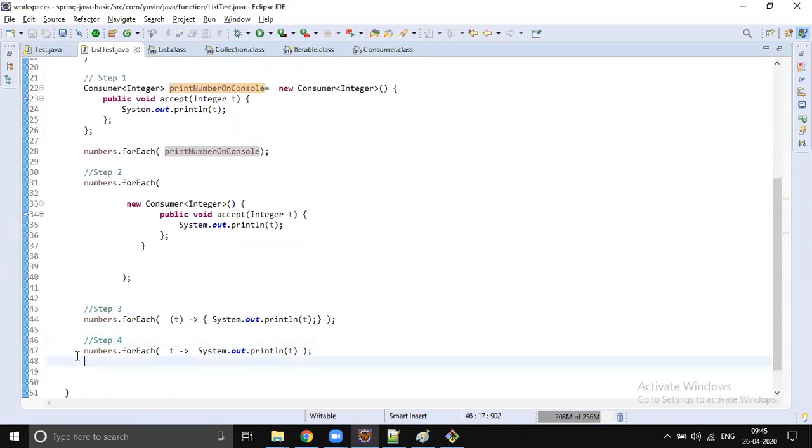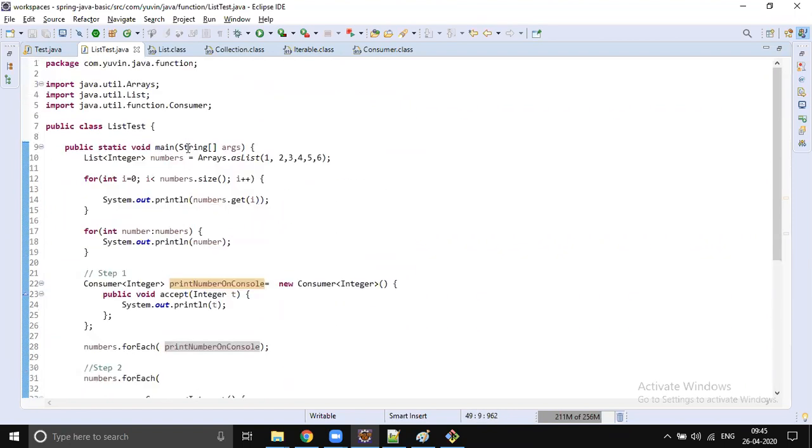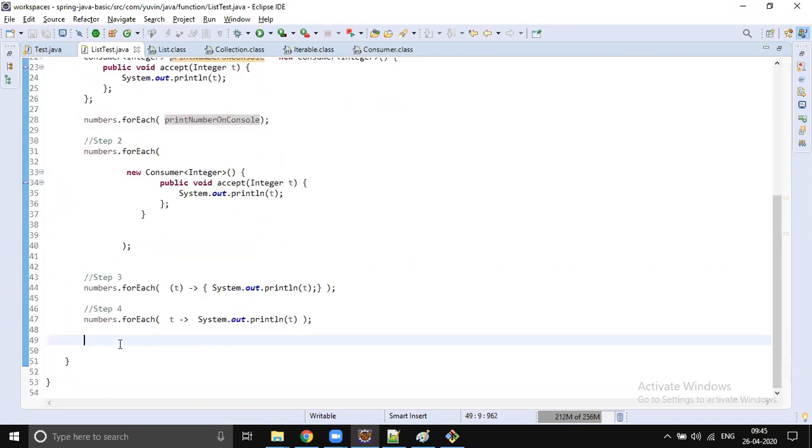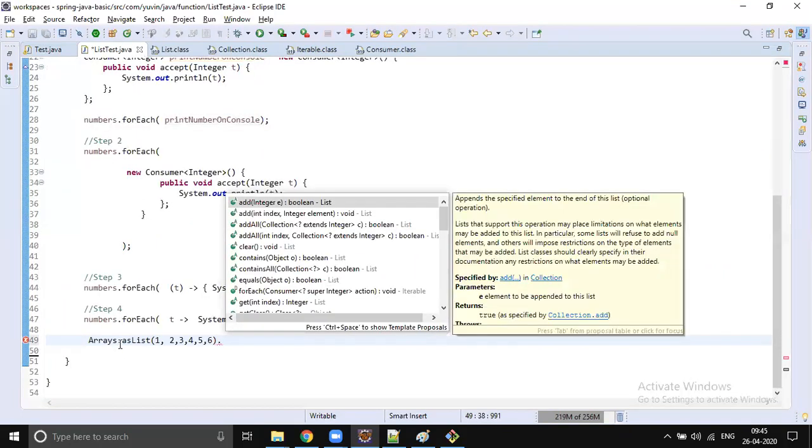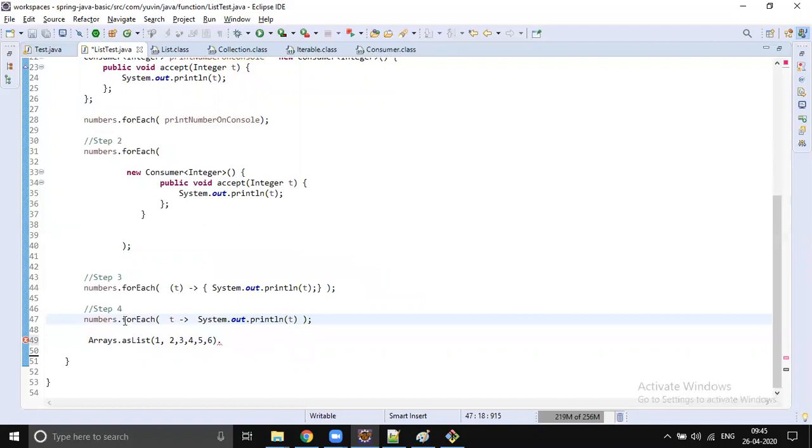Okay, so this is very, very important to understand, especially the last line I wrote, because we don't even do it in 2 lines. Maybe in real-time projects we don't even do it in 2 lines. What we prefer is chaining. Most of the time we go with chaining. Okay, so this is what we used to do.